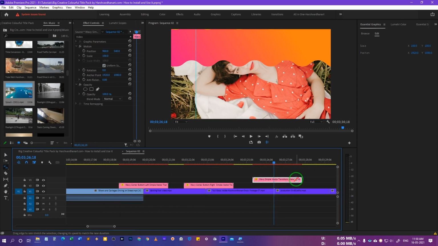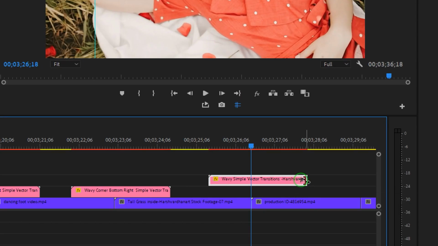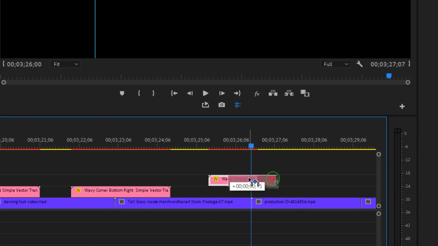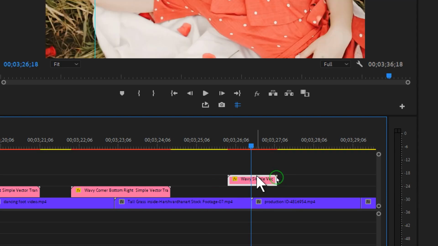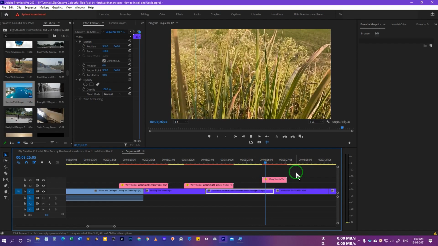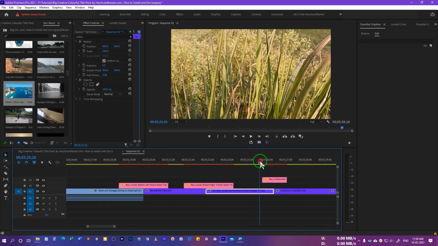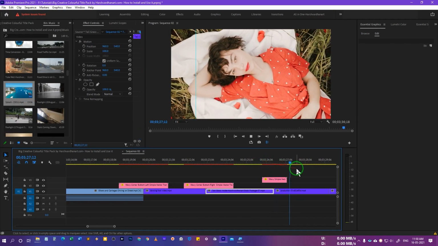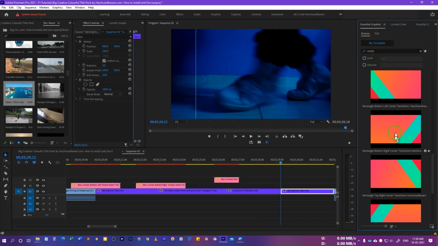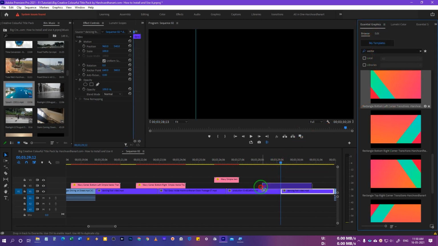That would open up the rate stretch tool and just drag it inside, so make it smaller, so that way its speed would be increased, and just place them again in the center of the cut clips. And now let's play it. Boom, this works faster now. And let's try another one. Let's see this one. Just drop it over here